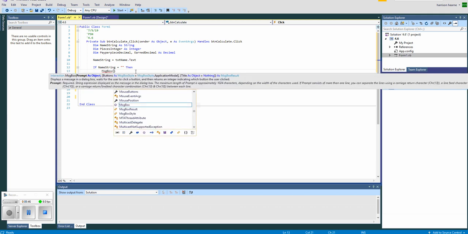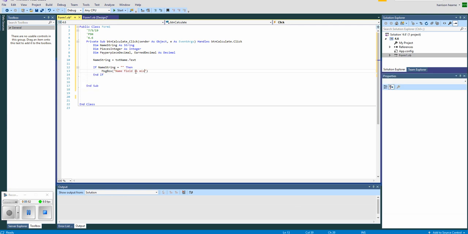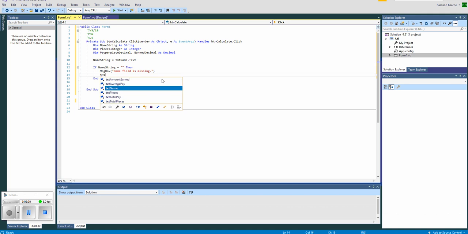I think your book does message boxes a little bit differently than I do some of the time, but "Name field is missing." Sorry, I'm looking off some notes that I have. And then I'm going to just put them in txtName.focus,